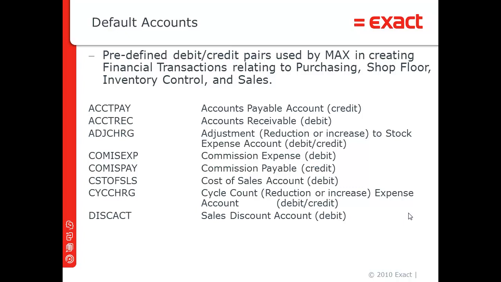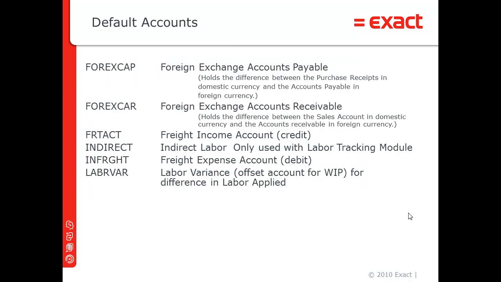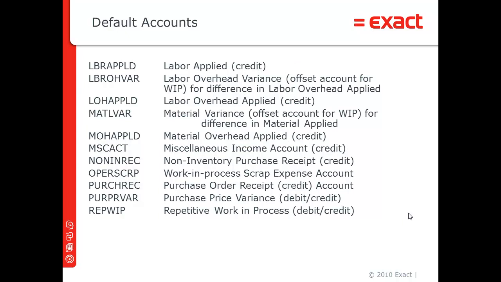They are accounts payable, accounts receivable, adjustment, commission expense, commissions payable, cost of sales, cycle count, discount account, foreign exchange accounts payable, foreign exchange accounts receivable, freight income account, indirect labor, freight expense, labor variance, labor applied, labor overhead variance, labor overhead applied, material variance, material overhead applied, miscellaneous income account, non-inventory purchase receipt, work in process scrap expense, purchase